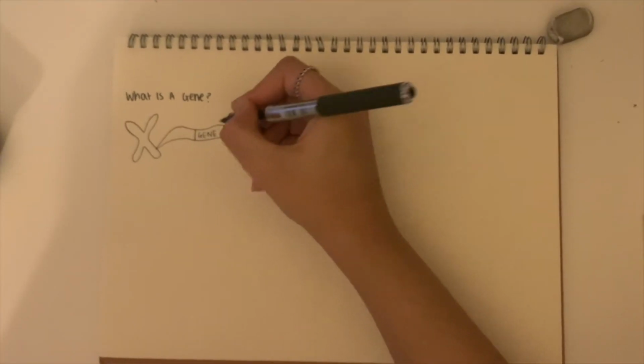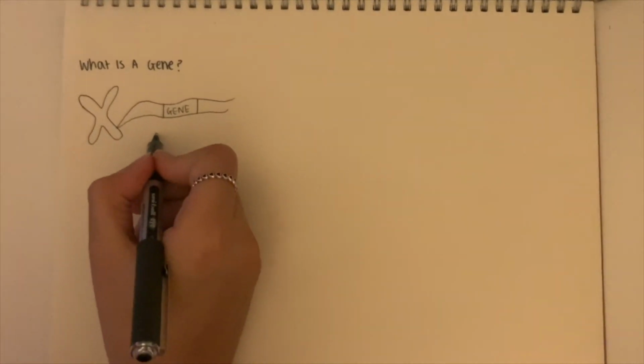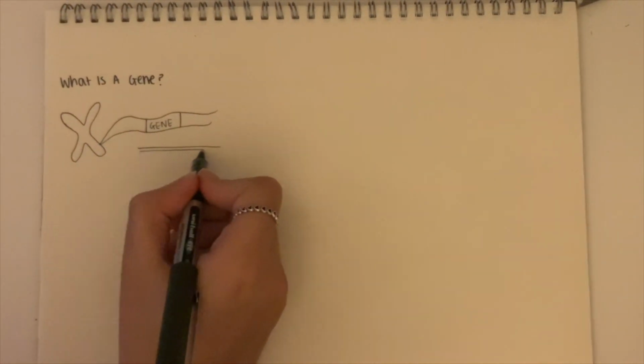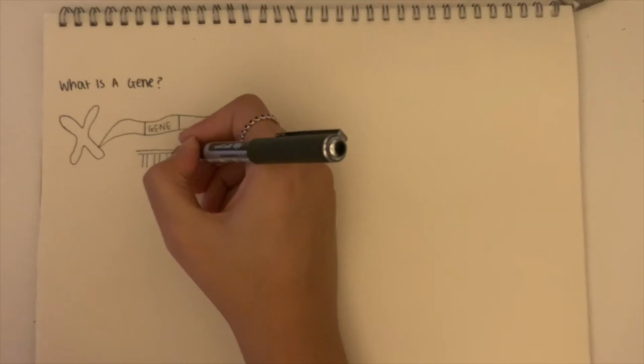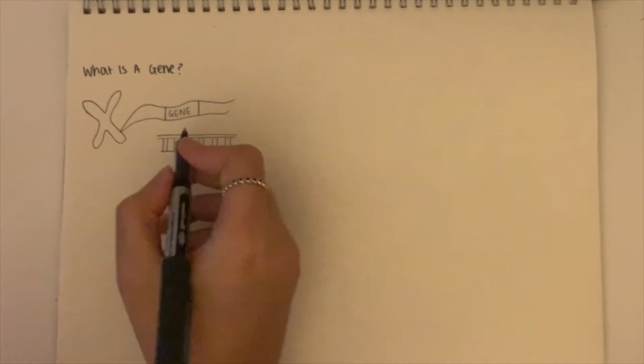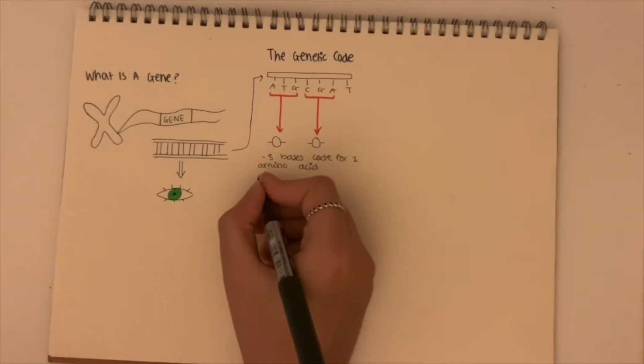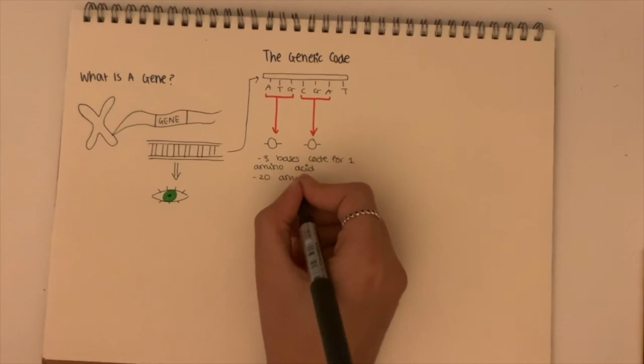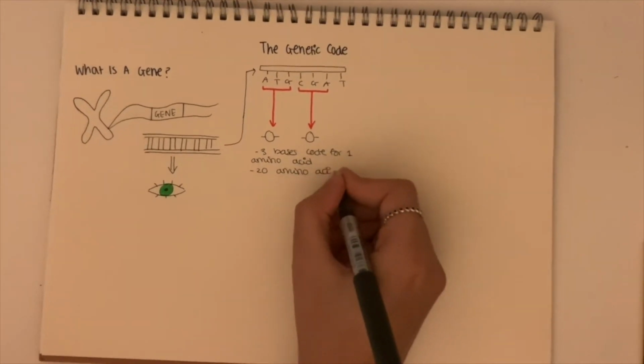So what is a gene? A gene is basically a section of DNA located at a particular position, the locus, of a DNA molecule. A gene can code for the amino acid sequence of a polypeptide and functional RNA, such as ribosomal RNA. The genetic code consists of a minimum of 3 bases that code for each amino acid, and this is because